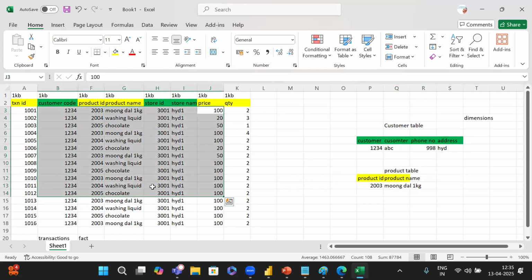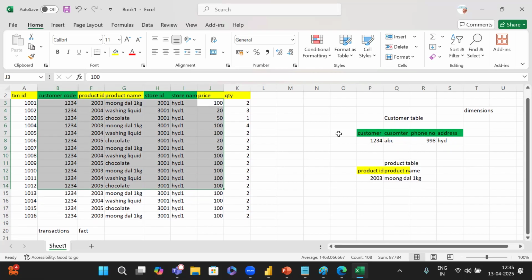Is it clear? What is the difference between fact and dimensions? Yes, Abhinay. What is data warehousing? So in the data warehousing concept, they create dimension tables and they create the fact tables